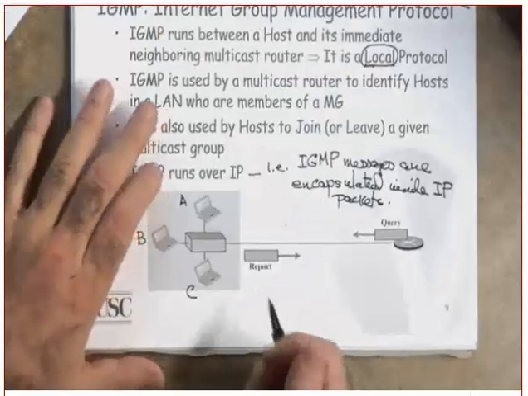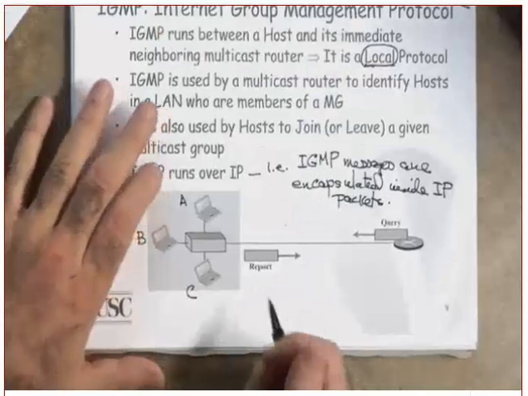Why do they need to send each report? Did you get this or not? Why are they sending a response to the inquiry? They are all interested in joining a what? One group. So if one of them says, I am interested in joining a multicast group, the others won't report anymore. Why? Because they already know that the router knows there is an interest. This is a shared network, which means what? When this one is sending something, all of them will receive it. I'm not talking about the end users. I'm talking about all the NIC cards receiving it.